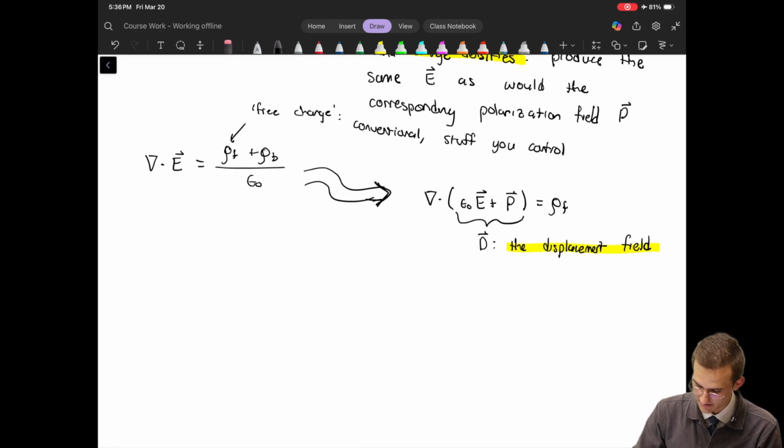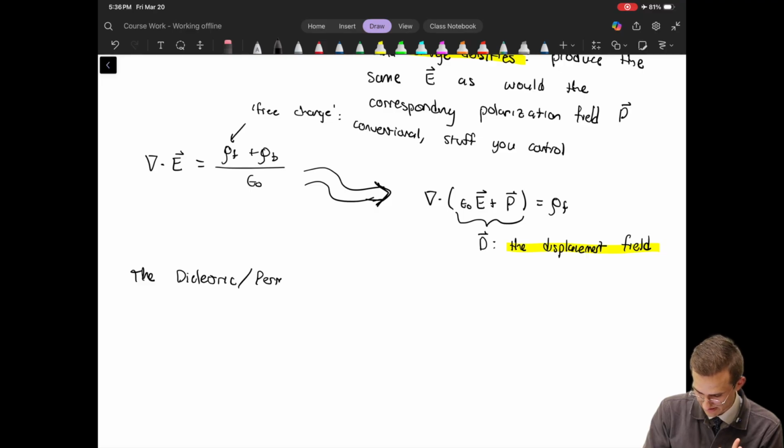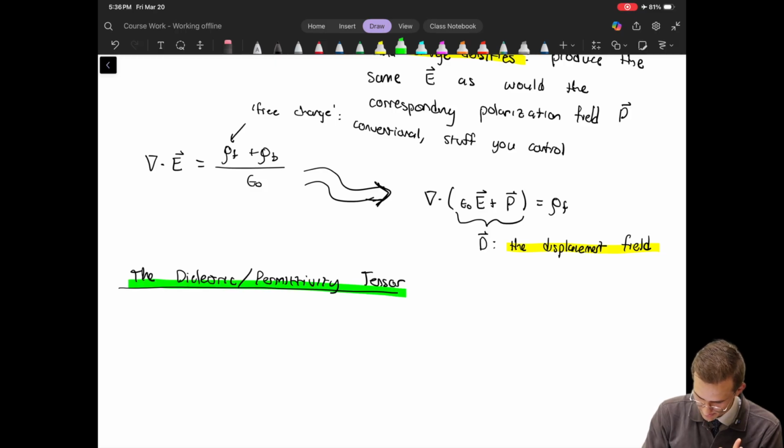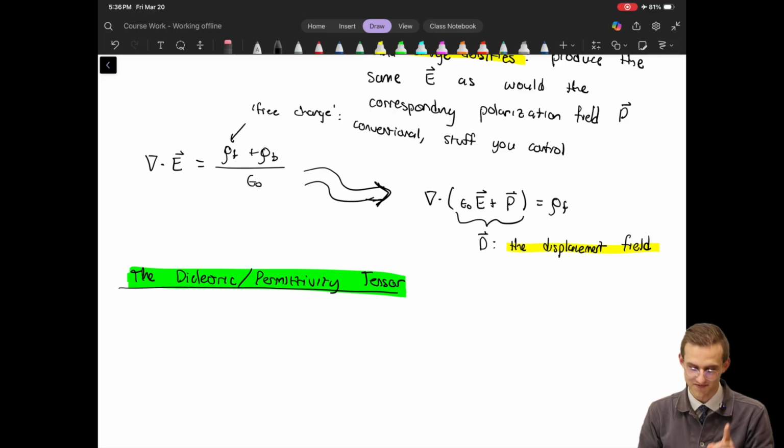Okay, and then I know I said that was the last thing, but this is still part of the matter discussion. We need to talk about the dielectric or permittivity tensor. And this is truly the last thing, and it's really quick. So thanks for your patience sticking with me in this lecture that is turning out to be far too long for a single class. But it's a good thing that I'm recording it. Maybe I'll always just send the students to the video for the first lecture. Probably better to just split it into two. Anyways,